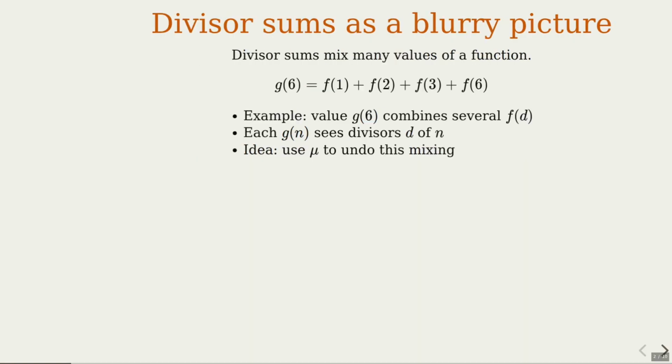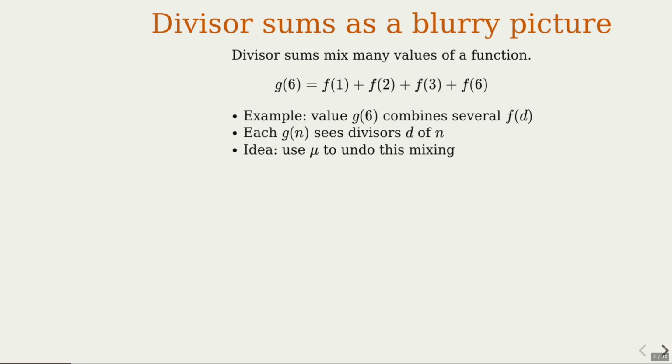To feel how information gets blurred, look at the example for n equal to 6. The value g of 6 is the sum of several values of f, one for each divisor. If you only know the total g of 6, you cannot immediately tell what each individual f value was. So divisor sums are like mixing together several ingredients into one number. If we can somehow subtract off the right pieces, we might be able to isolate the original f values. That is the picture. Möbius inversion will supply the precise recipe for undoing this mixing. You can think of mu as a carefully tuned filter that, when convolved with g, reconstructs f from all these